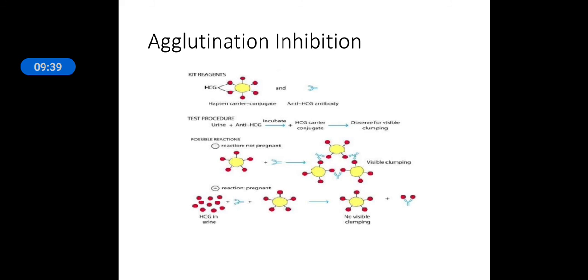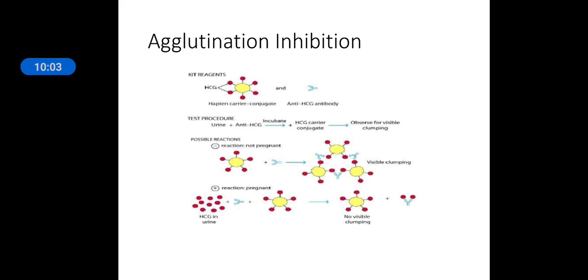So if the patient is pregnant, there will be no visible clumping, because the HCG in the urine will react with the antibody, that is the anti-HCG antibody present in the kit. So it will not form a clump with the hapten carrier conjugate.